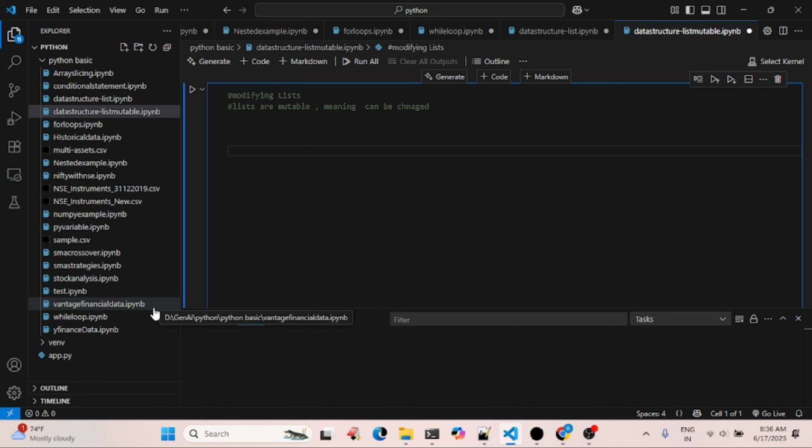डेटा स्ट्रक्चर में हमने लिस्ट देखा था, कैसे लिस्ट क्रिएट कर सकते हैं और उसको एक्सेस कर सकते हैं। इस लेक्चर में हम डिस्कस करने वाले हम लिस्ट को कैसे ऐड, अपडेट और डिलीट कर सकते हैं। ठीक है, नो अबाउट द लिस्ट इज म्यूटेबल, मीनिंग यू कैन चेंज द लिस्ट। ओके, लेट्स सी द एग्जांपल।